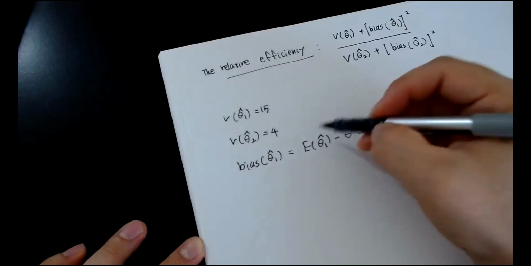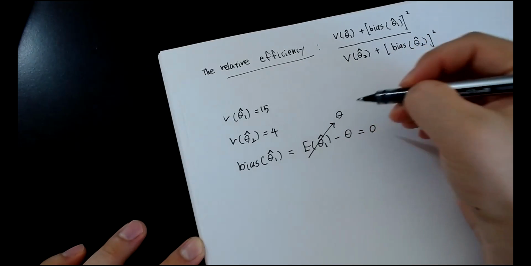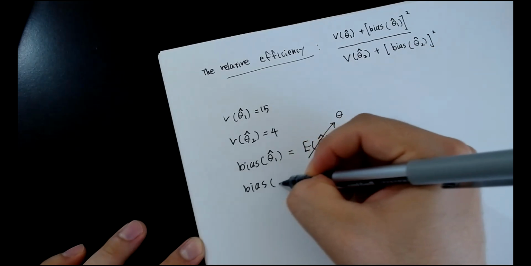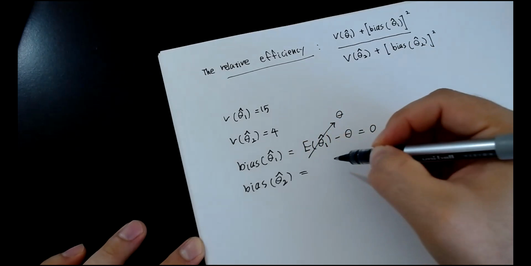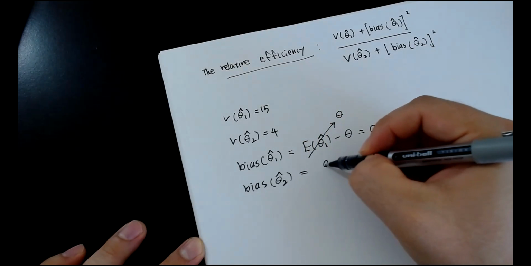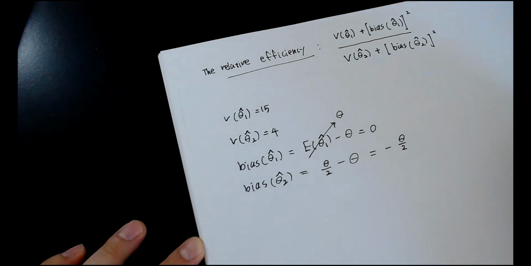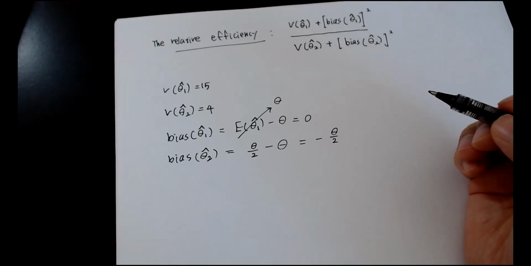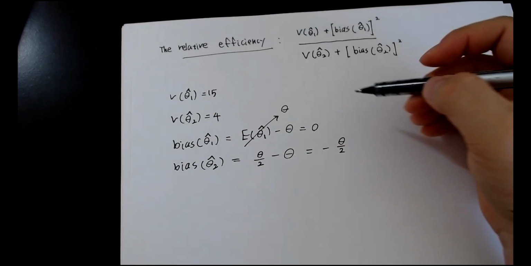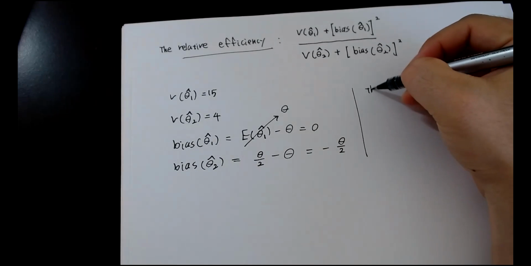This is 0, right? Because the expected value of theta 1 hat is theta. And the bias of theta 2 hat, that's going to be what? Theta over 2 minus theta. This is what? Minus theta over 2. Okay. So now the relative efficiency,